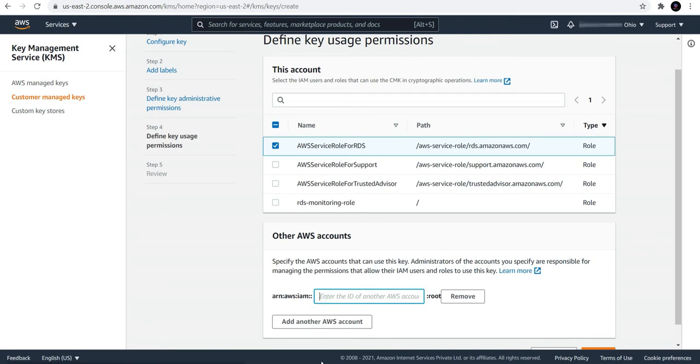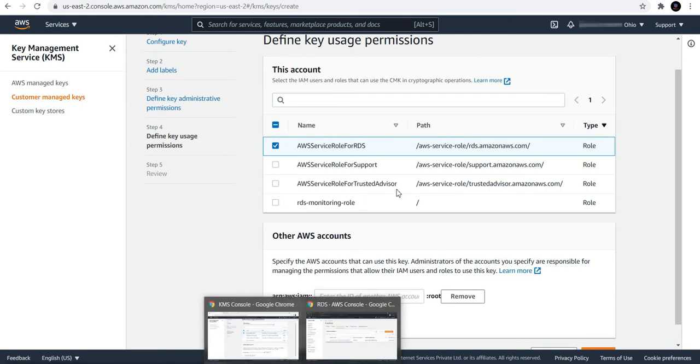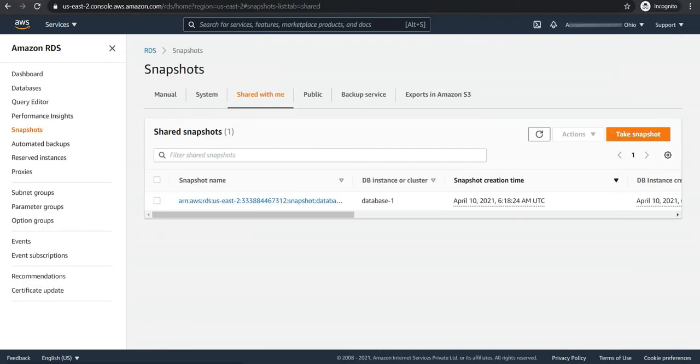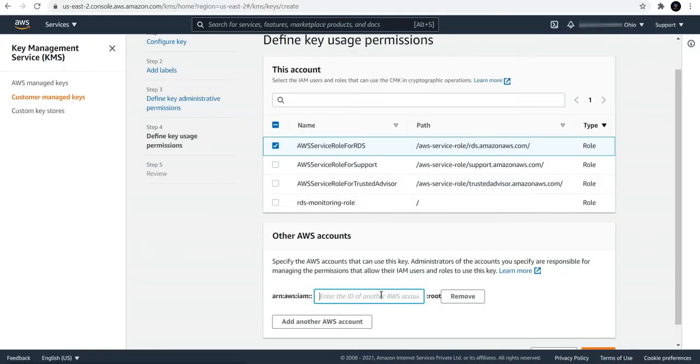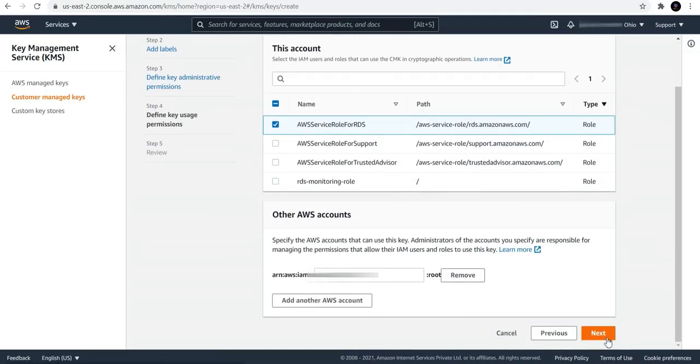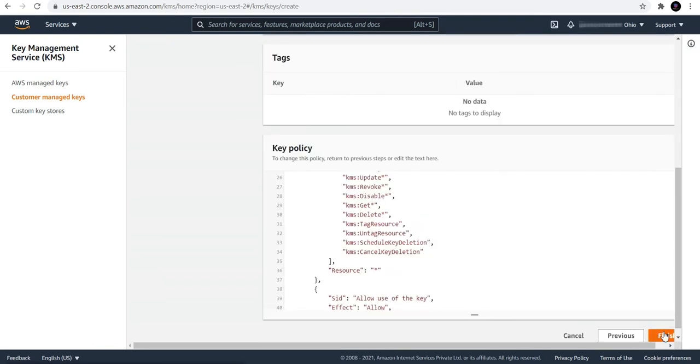Here I need to give the account ID. So let me go to my other AWS account. This is my other AWS account, and from here let me take the account ID. Let me put it in here, then next and then finish.